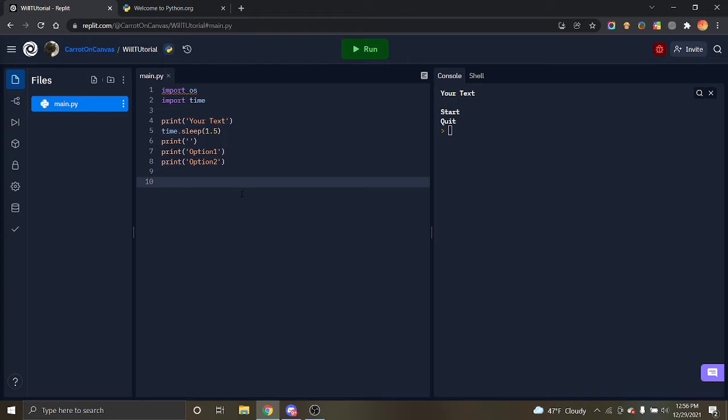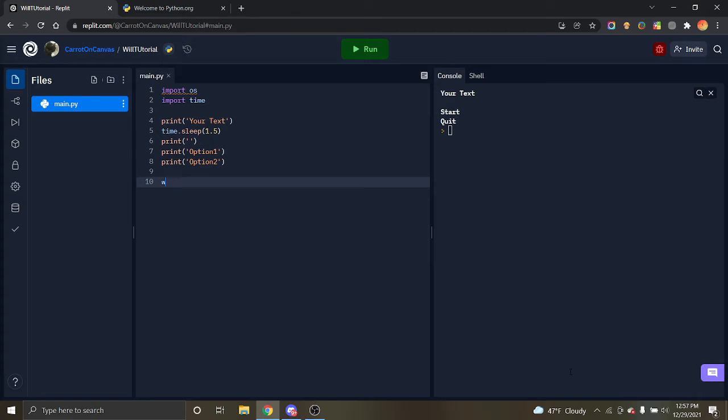So now we need to make an input, like a variable. Because what this does is, say in chat I typed option 1, it would do option 1. If I type this, it'd do option 2. But only if we program this. As you see, OS is not used, but say this is like a little pitch. Say maybe these different options bring you to different paragraphs. But firstly, let's not get ahead of ourselves. Let's type in